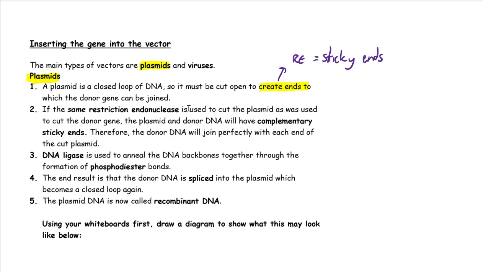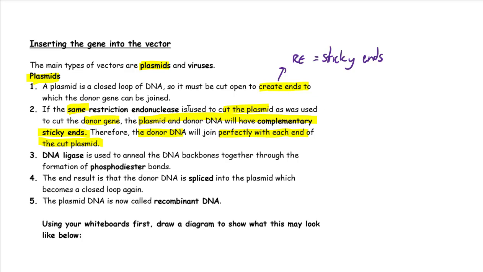So we take our plasmid and we've got to cut it open. We want to use the same restriction enzyme to cut the plasmid and cut the donor gene. So this means that the plasmid and the donor DNA will have complementary sticky ends. So the donor DNA will join perfectly with each end of the cut plasmid, and that's because they'll have complementary